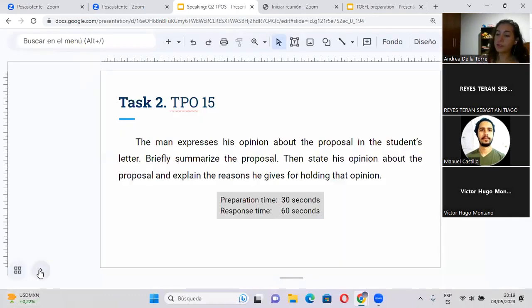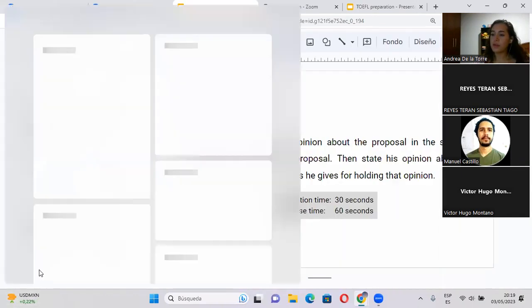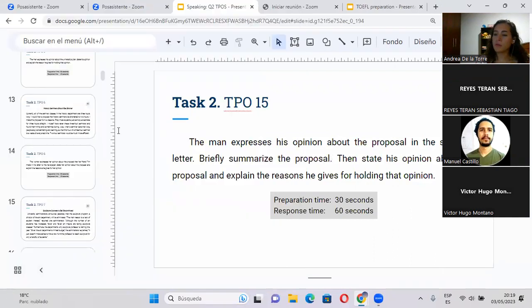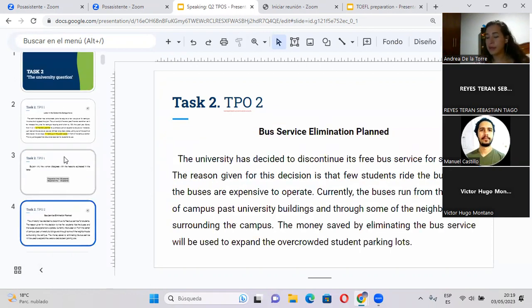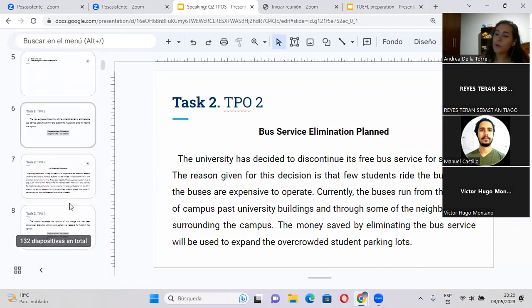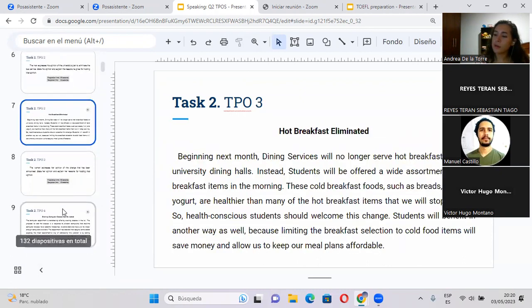I was telling you yesterday that there are some variants for this question, because so far we've been working with practices where it was always an announcement made by the university and the student was against. So we're going to try to do different types of questions. You see that no matter what type you have, you can always use them. Okay, so let's start by looking at